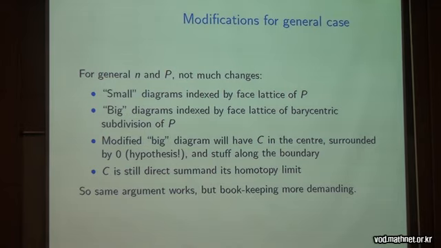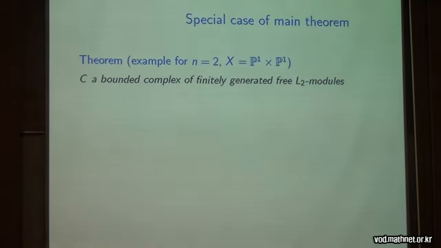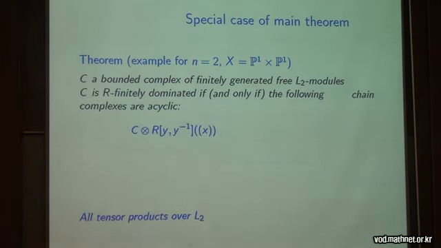What I plan to do now is to give you a special case of the theorem, not n equals 1, because you've seen that. Just to give you the impression that one can actually write this down explicitly. So if we look at two variables and then choose X to be P1 times P1, this is really the simplest case for notational purposes. A nice square, that will be the polytope. In this case, a square has 8 faces, I guess, not counting the square itself. So you will get 8 homological conditions.